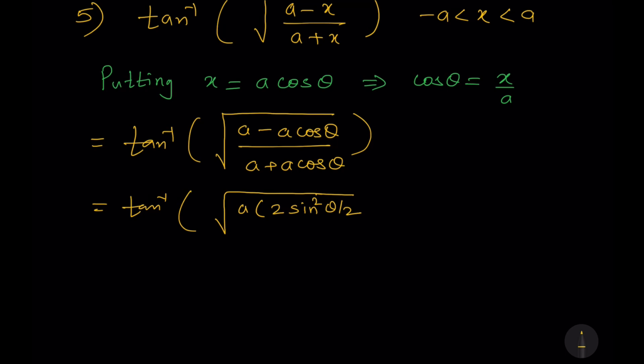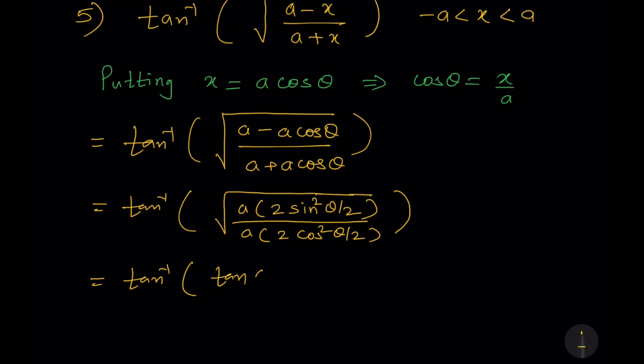We already discussed this. 1 minus cos theta is 2 sine square theta by 2, and the denominator is 1 plus cos theta, that is 2 cos square theta by 2. That is equal to tan inverse of, now this is nothing but tan theta by 2, since